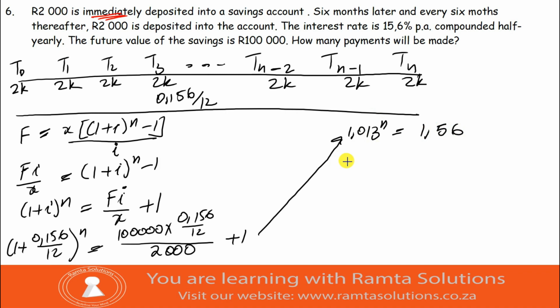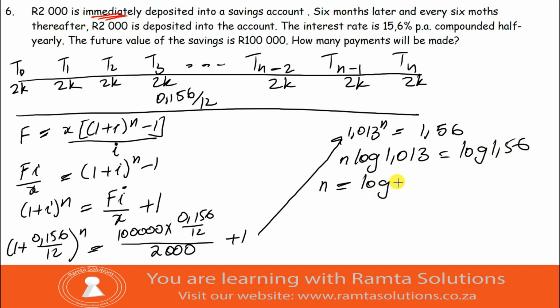Log both sides. When you log both sides, you will have n log 1.013 is equal to log 1.56. Therefore, n equals log 1.56 over log 1.013. What is your answer? So log 1.56 over log 1.013. What is this? n equals